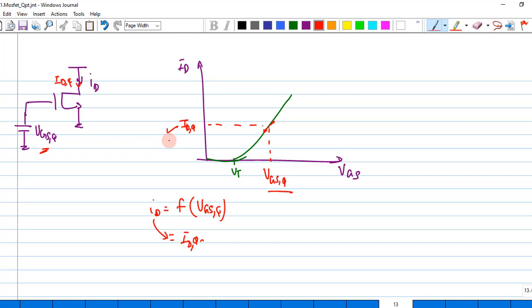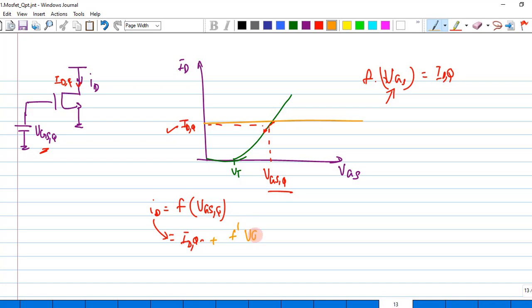It is not possible, because if I define this as my f of VGS is equal to IDQ, then whatever the value of VGS that I apply, this results in a constant graph, okay? This is not an exact replication, but I want to exactly replicate this particular graph that I normally get around my input Q point. So what am I supposed to do for this? Yeah, I can add the slope term, right? So I can just have a slope term, which is nothing but